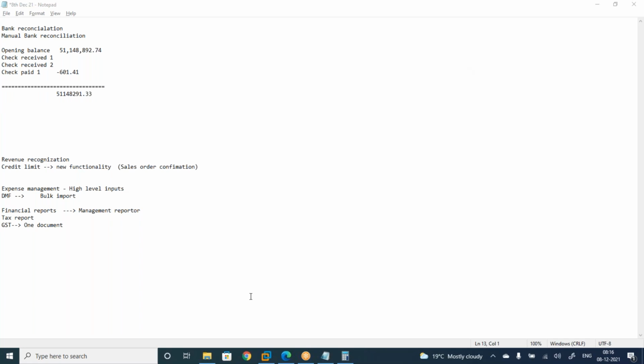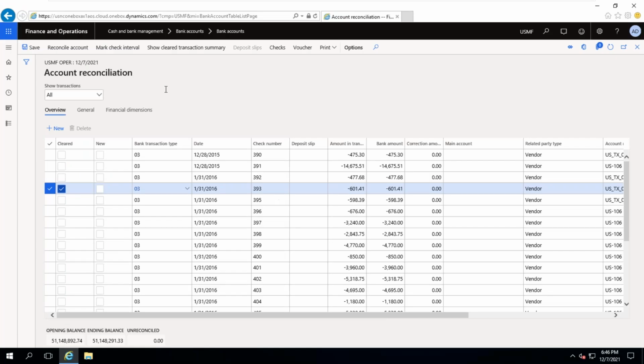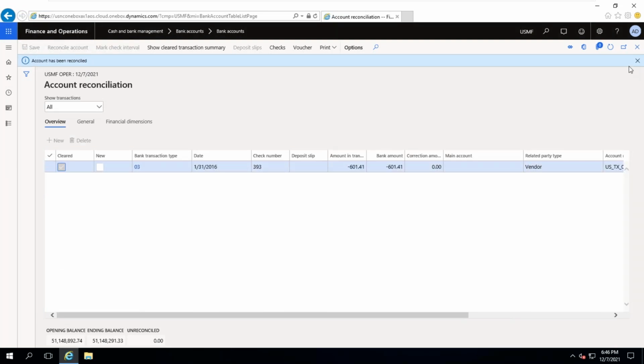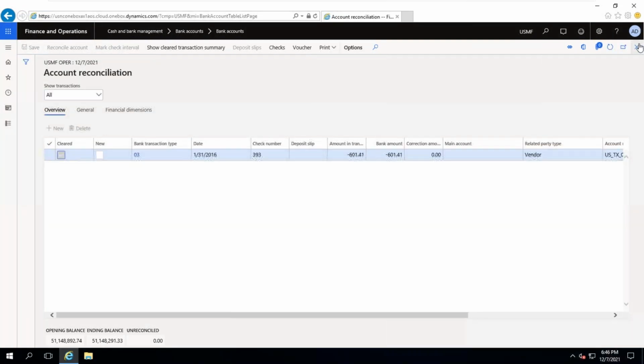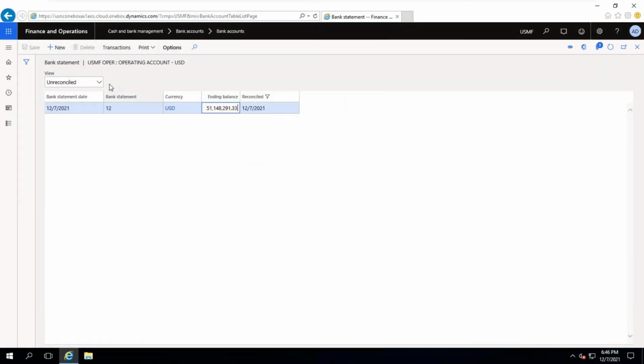Understood now the bank reconciliation. Now you can do the reconcile account. This is bank reconciliation, manual bank reconciliation. If you want to see the reconciled transactions, you can go to reconciled